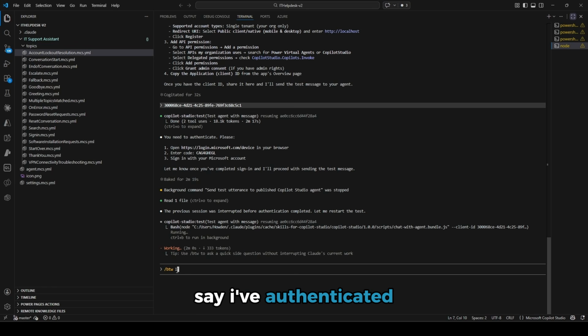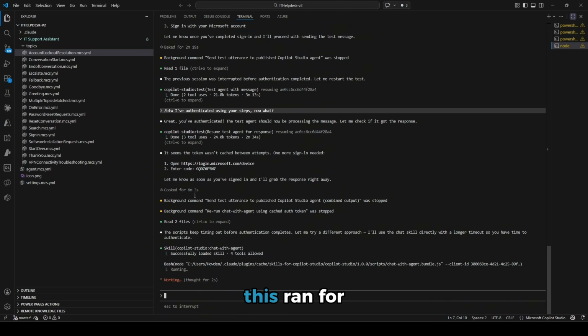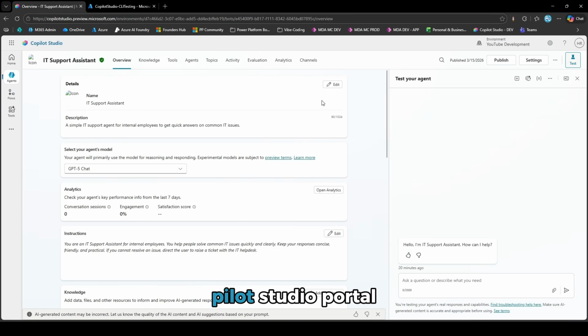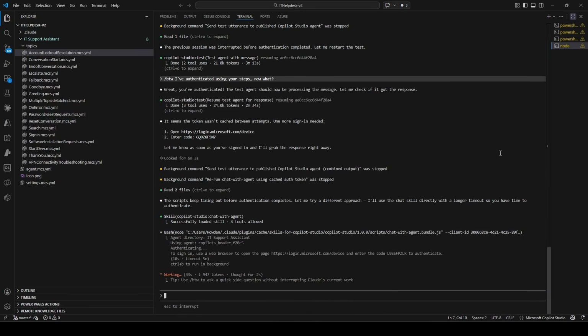So we're going to say, I've authenticated using your steps. Now what? Now, I'm not going to lie to you, this ran for 6 minutes, and you can see we still don't have our result. So it seems like this skill isn't fully working yet the way that we want, because technically we could just go back into the Copilot Studio portal and do our testing in here. That would have taken just a few minutes maximum. Here you can see it's struggling with the authentication,